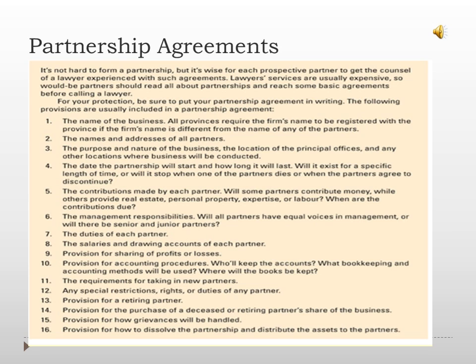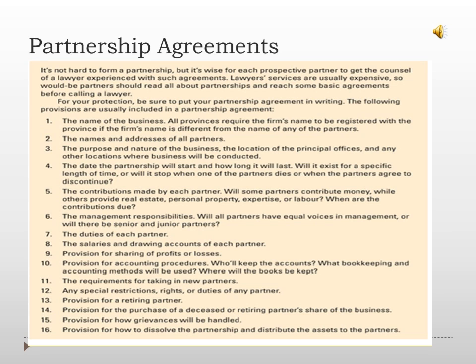And again, valuation of the partnership: how are you going to dissolve the partnership should the partners agree to cease carrying on business? What will be the process to value the assets and split the proceeds of all the assets among the individual partners? What will the withdrawals be for each of the individual partners? And how will profits or losses be shared? Who's going to be doing the accounting? Will you have an external accounting firm? Will your books be audited?